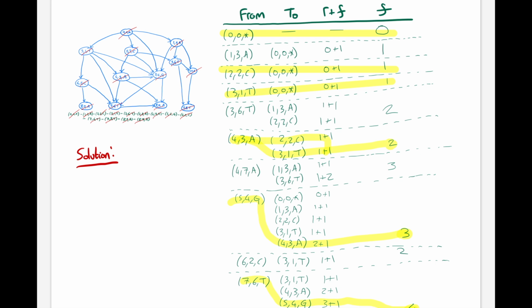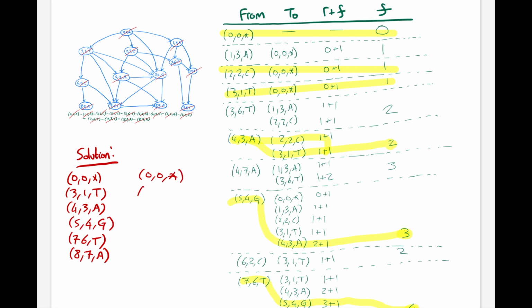And so one solution here would be to go 0,0,star, 3,1T, 4,3A, 5,4G, 7,6T, 8,7A. Or another solution would be to go 0,0,star, 2,2C, 4,3A, 5,4G, 7,6T,